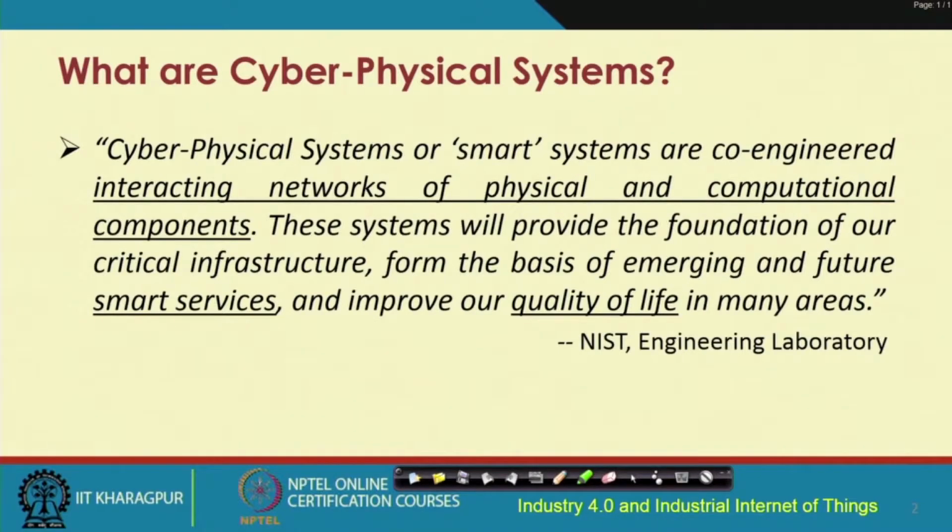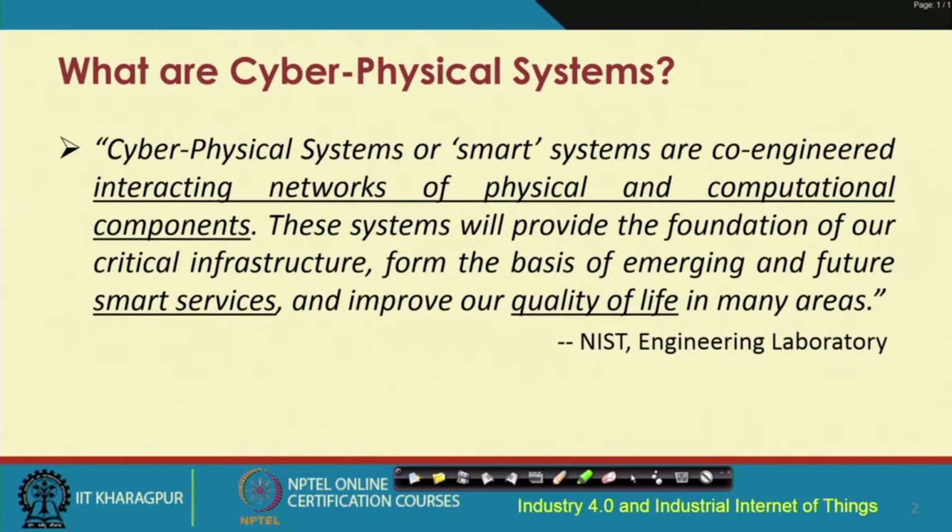But what is important is, with the help of these cyber physical systems, the quality of life will be improved, because gradually we will be getting into a smarter world where there will be smarter systems offering smarter services. So, for smartness, autonomy in every respect is very important, and suggestions based on the data that are collected are very important. So, that basically completes this definition of the cyber physical systems as per NIST.